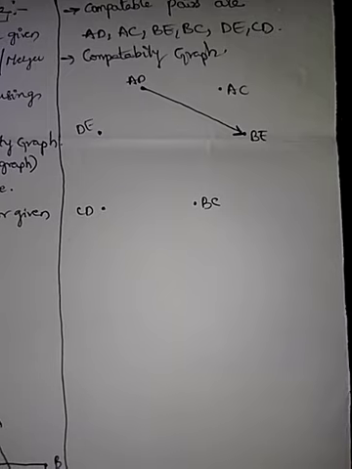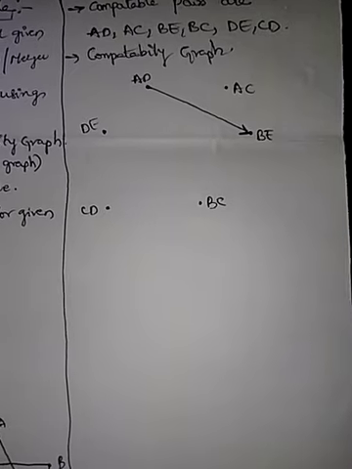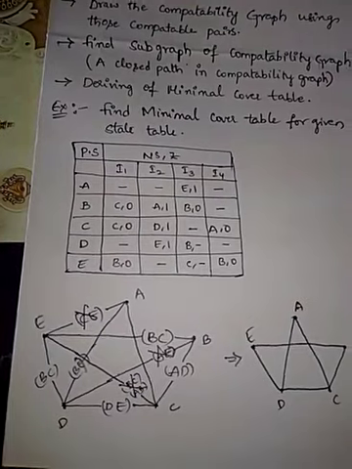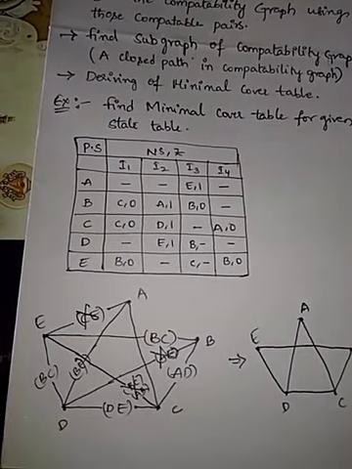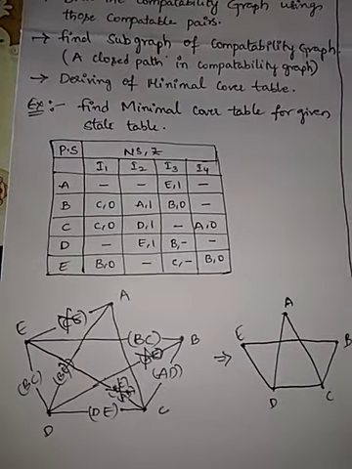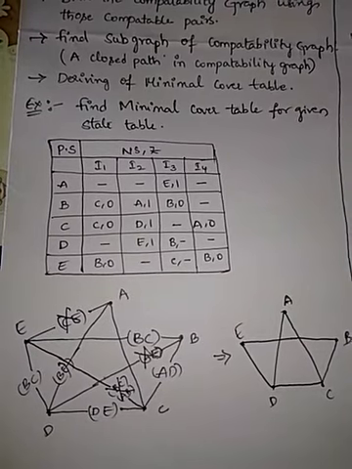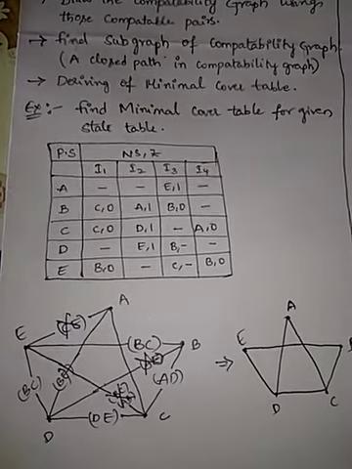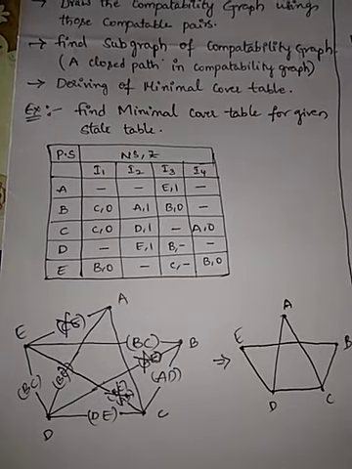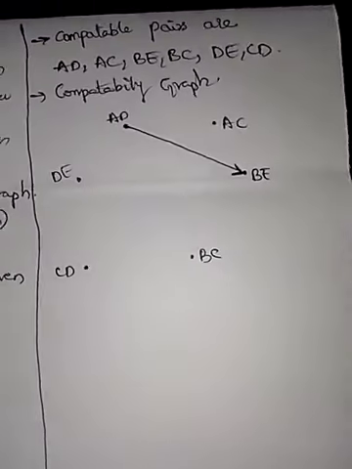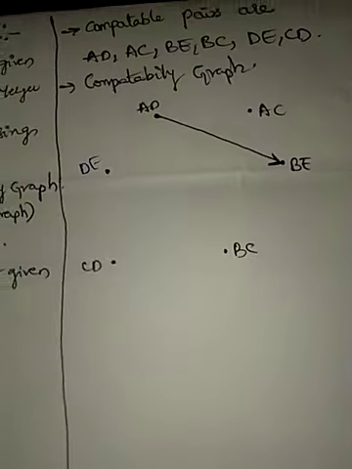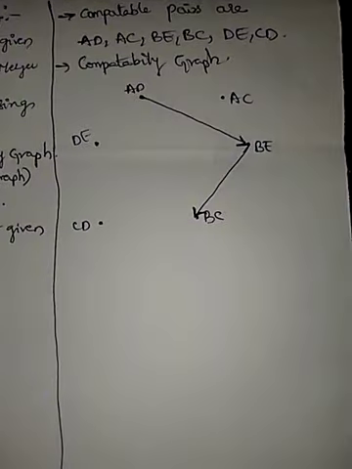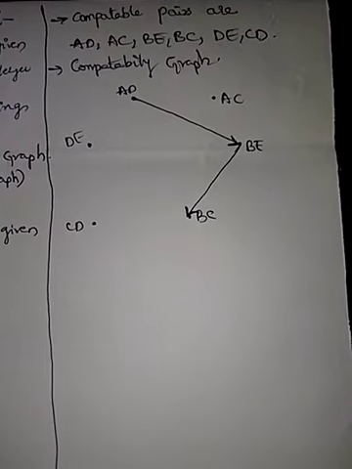Now go with verification of BE. Now we are at BE, so what is the condition of BE here? BE is compatible only when BC is compatible. So you draw an arrow mark from BE towards BC. Why? Because BE is depending on BC. See here, I drew an arrow mark from BE to BC.